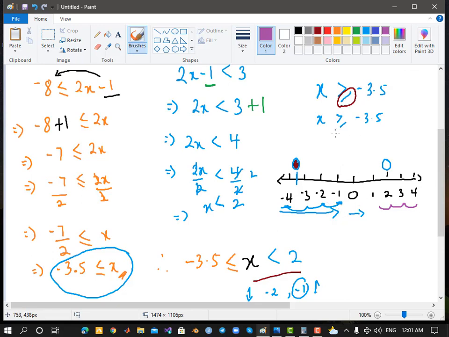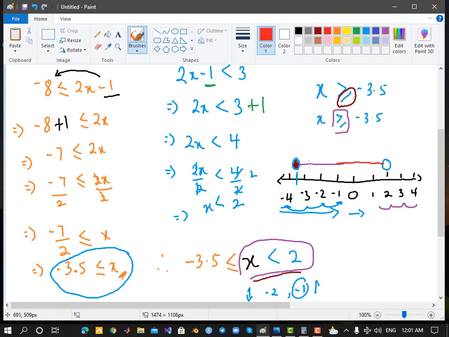So good. In this direction, you can see that the arrow of the greater than sign is pointing to the right side, your right hand side. So we draw the arrow in this direction. Then when we look at this expression too, you will see that the arrow is pointing towards the left hand side from 2. So it's also pointing in this direction. So they meet. So this is how you represent it on the number line.